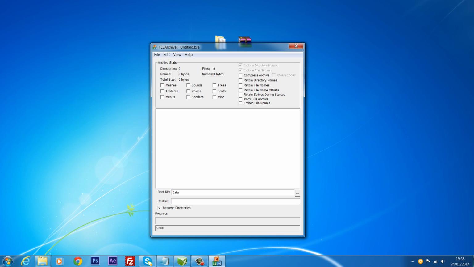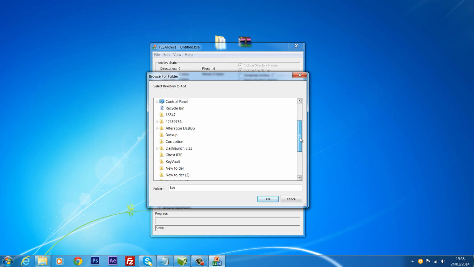Scripts are called MISC, so we're going to select MISC and we're going to retain file names, make sure that's ticked, and Xbox 360 archive. That's all we need for MISC, and then we just click on edit, add directory. We'll head down to PC mods,